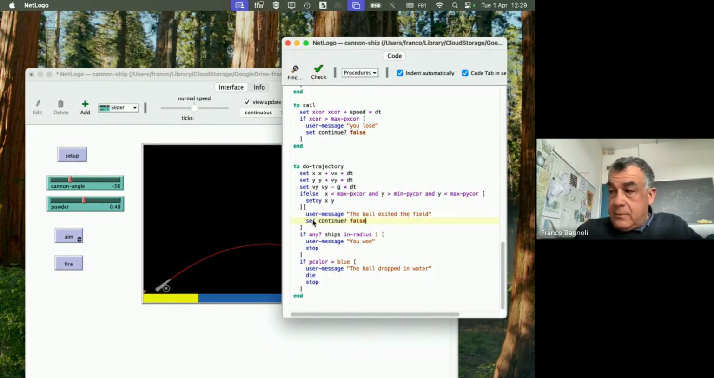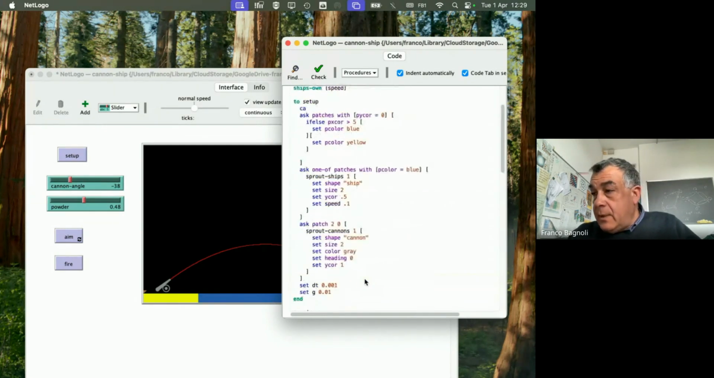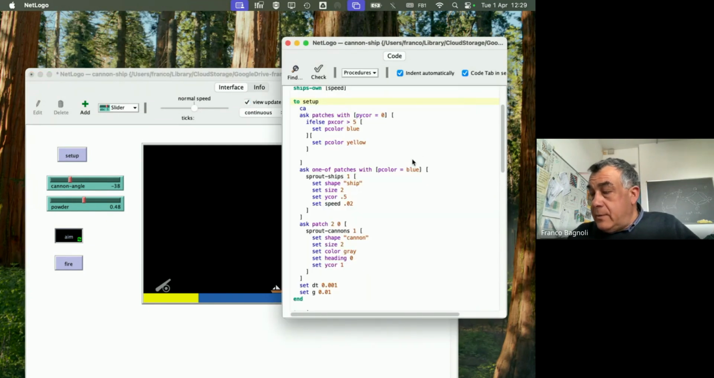Set continue false. Here not, because we may want to continue to fire again. Maybe the speed of the ship is too much. Okay, let's see. Yeah. Maybe the ship has to be